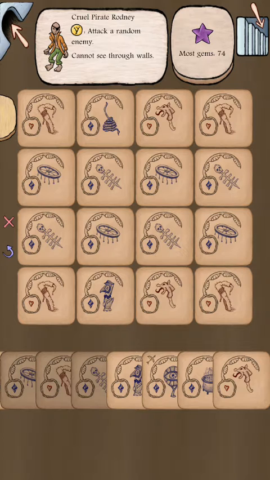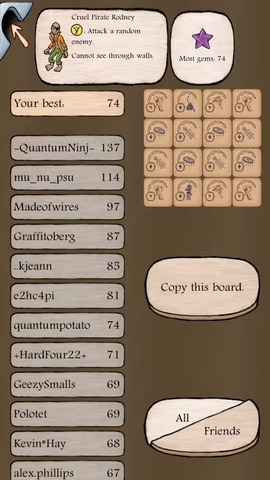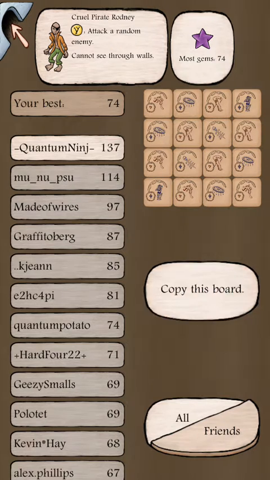So it's kind of a funny thing to play with such a different character. So I'm gonna check out the available boards and see. So sure, we'll try Quantum Ninja's board. 137 looks like he's got